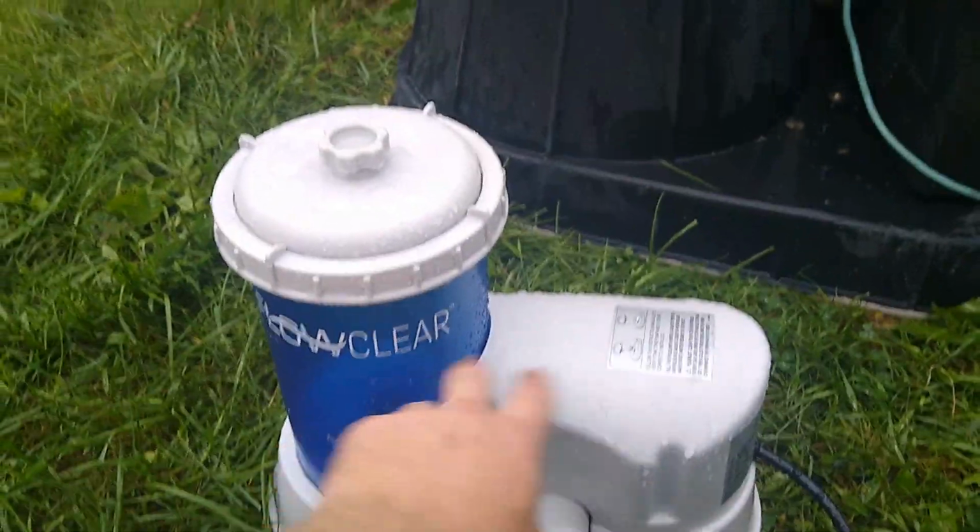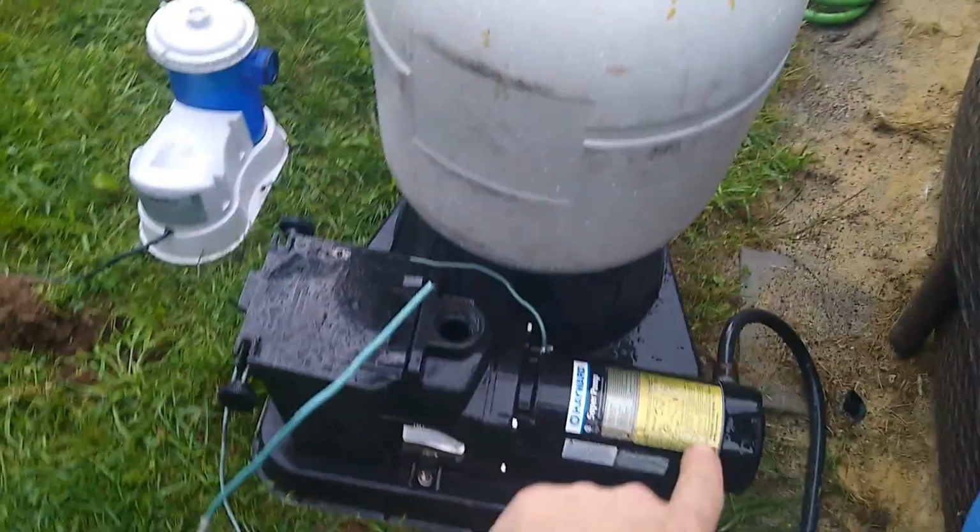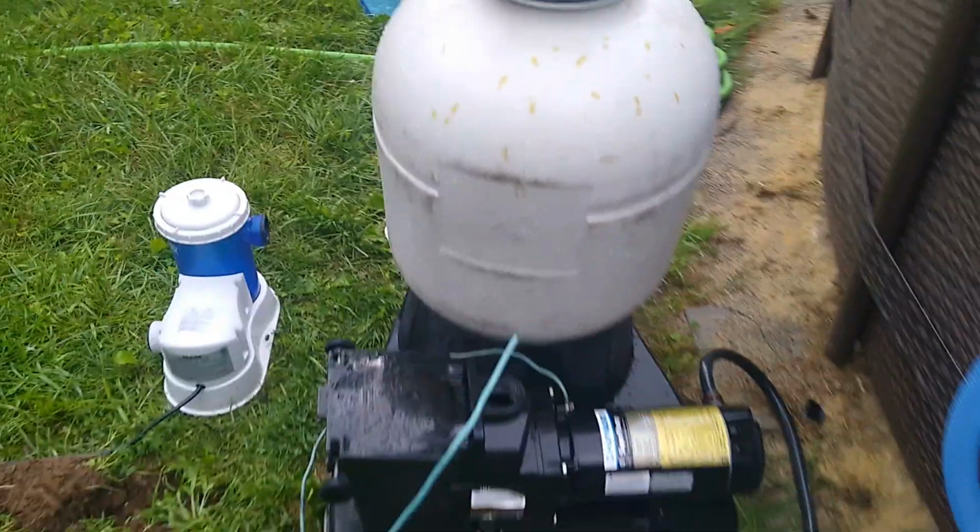You know, this is the stock filter and this is the motor. This is the motor now, and that's the filter. The reason I'm doing this is my pool is clean. As you can see, it's blue, but